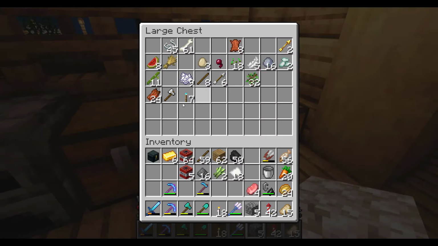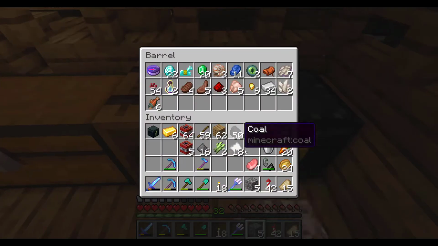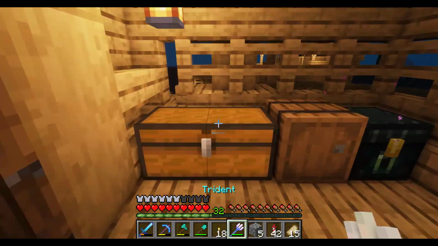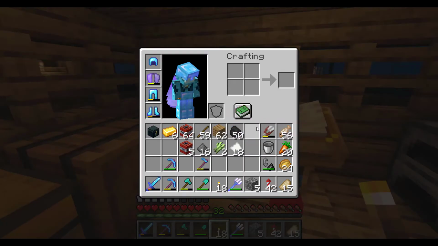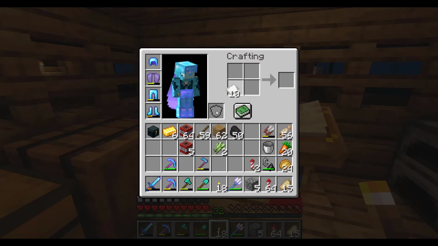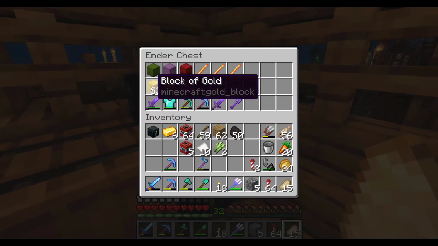Oh, there's some more food here. And then another unstackable tool. Okay, and I think that about covers it. There we go. So that's a lot more organized for us, which I greatly appreciate. Let's see. So I do have, yes, more paper, so I can do even more rockets. Very nice. And then we'll even, let's do